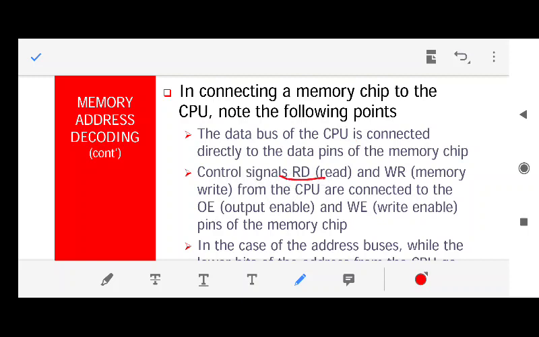Read. There are some control signals in 8051. Fine. So where have we seen that? We have seen it in the pin diagram of 8051. Those are read, write. Where are they? They are at port 3. So port 3 also carries data, and it also serves as alternate pins. I think the 5th and 6th pin of port 3 act as read and write signals. Fine. So what you have to do is connect the read signal and the write signal coming out of 8051 to the output enable and write enable pins of memory.